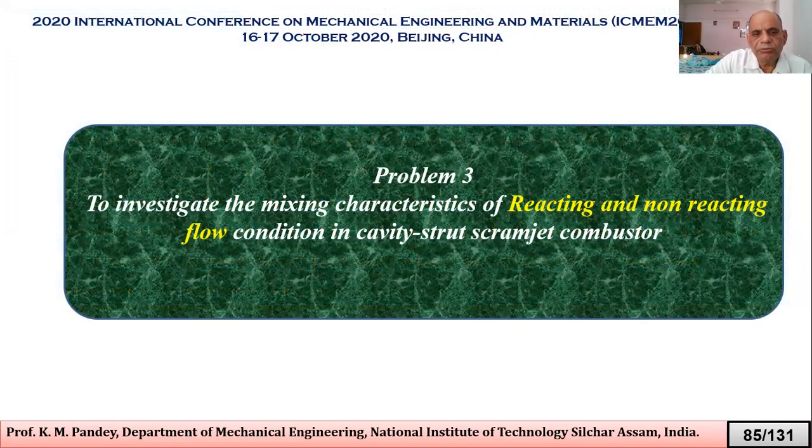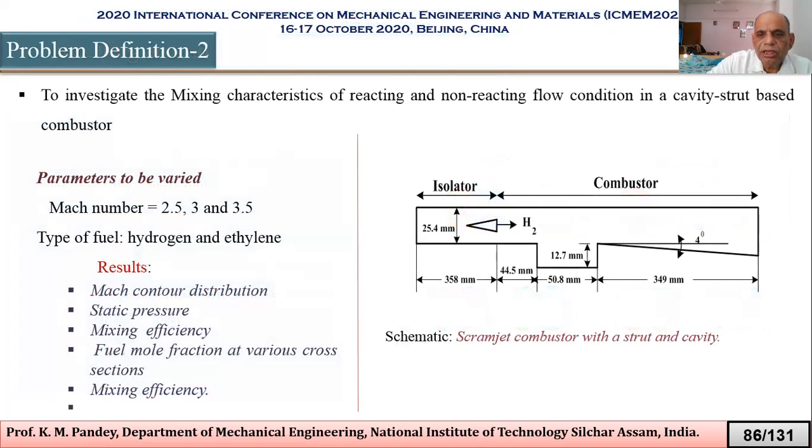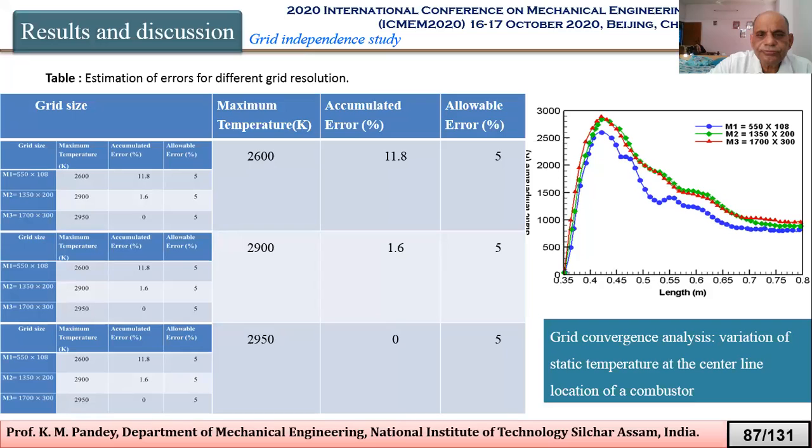Then problem 3, that is to investigate the characteristics of reacting and non-reacting flow condition in a cavity strut scramjet combustor. So here also it is the same thing. Here we have discussed both reacting and non-reacting flow condition. Again, here a strut is also there and one cavity is also there. Then we have analyzed Mach contour distribution, static pressure, mixing efficiency, and fuel mole fraction at various cross sections. So these are the estimation of errors. We have done grid independence test,